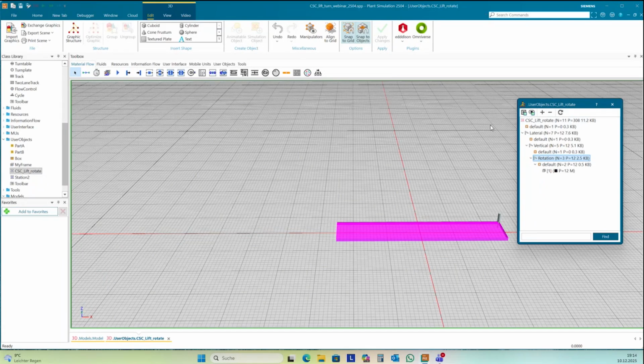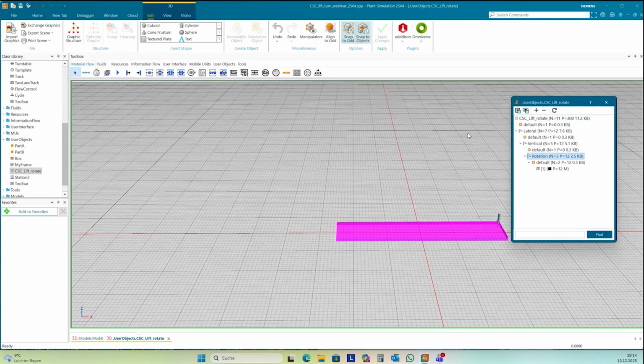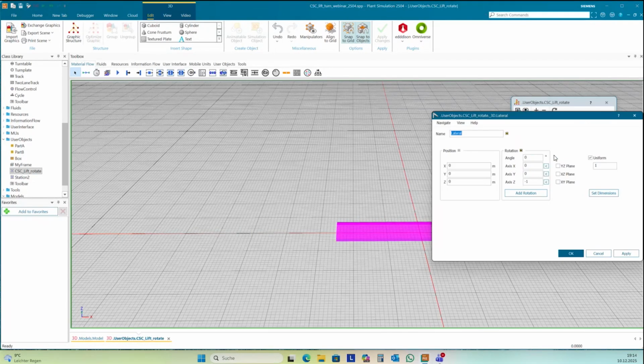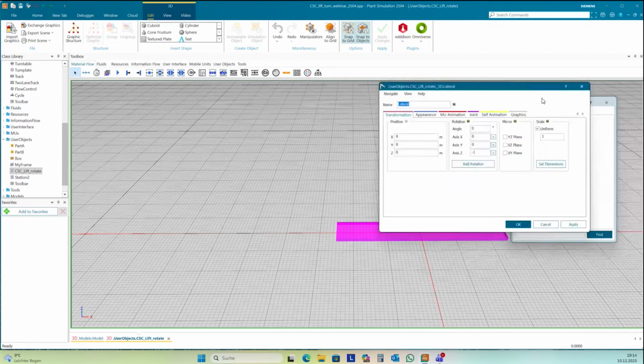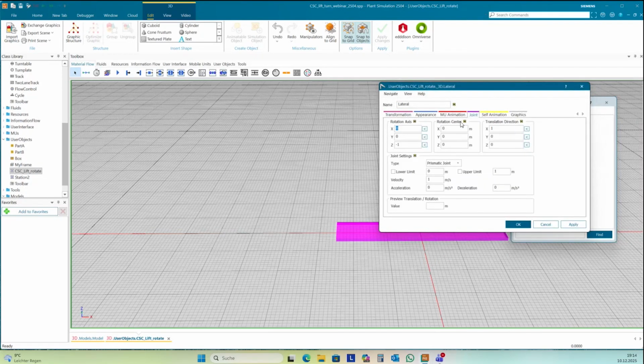Okay, now we need to adjust the joints of each animatable object. The first one should move in Y direction, and so you can go on this animatable object and edit 3D properties. You will find one tab, joint, and here we need to define first what kind of joint this should be.